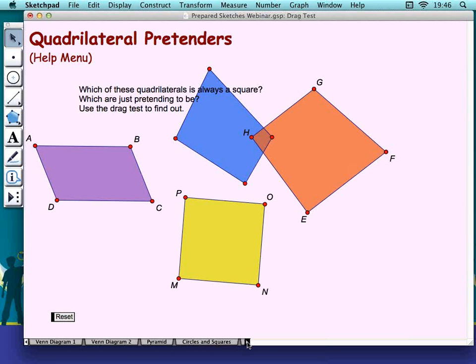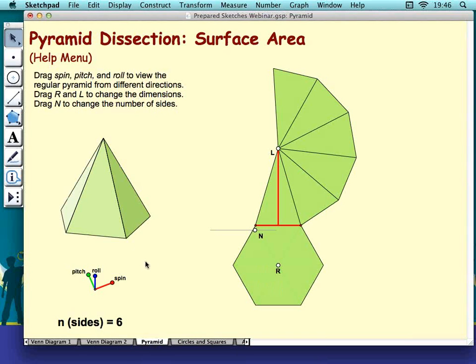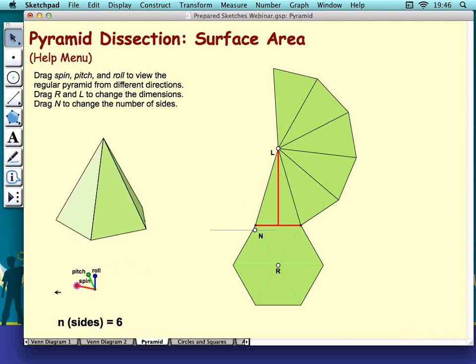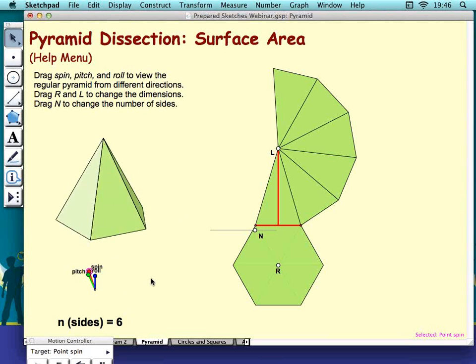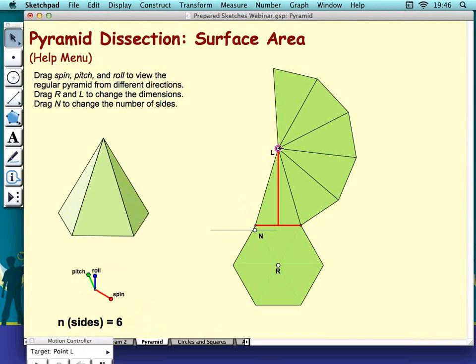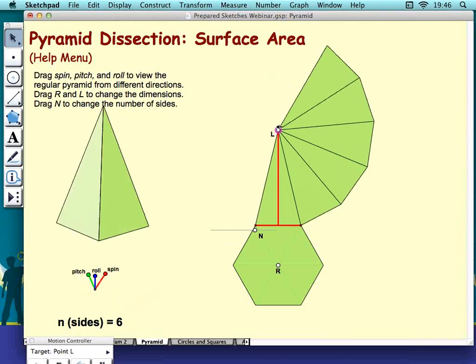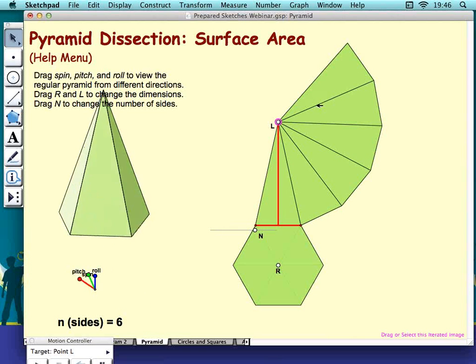And the last one from the geometry category that I want to show is the pyramid one. I'll just breeze through this real quick. In this activity, students are looking at the surface area of a pyramid, and they have the ability to look at the three-dimensional view, and I can actually leave that animating while we do some manipulations here, so we can keep an eye on that three-dimensional view while we change the height by dragging a point on the